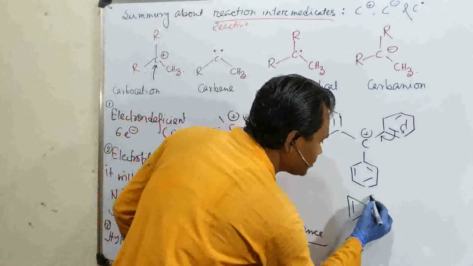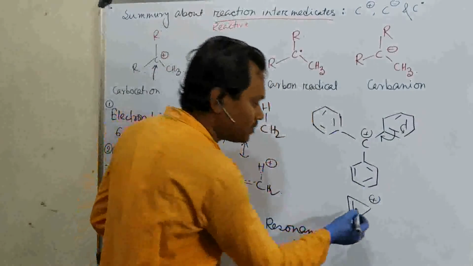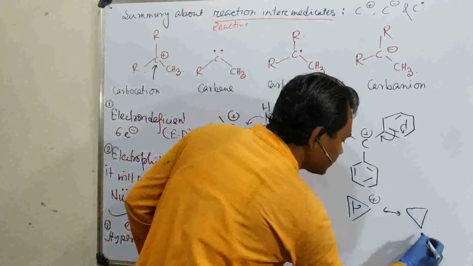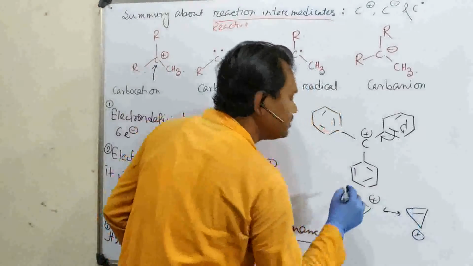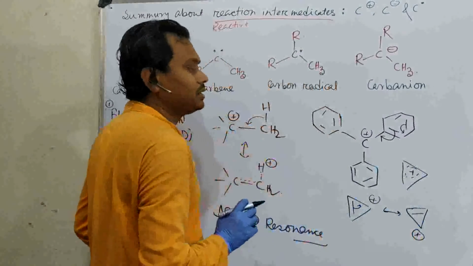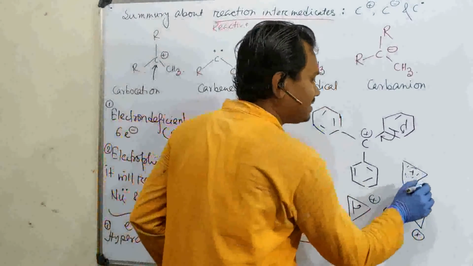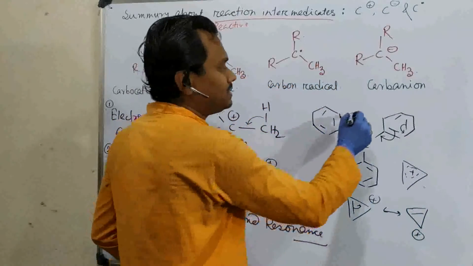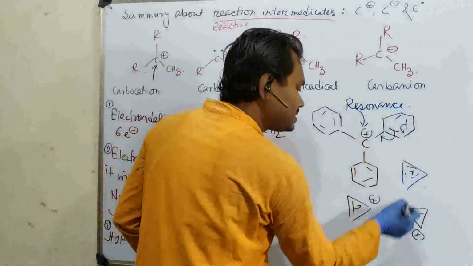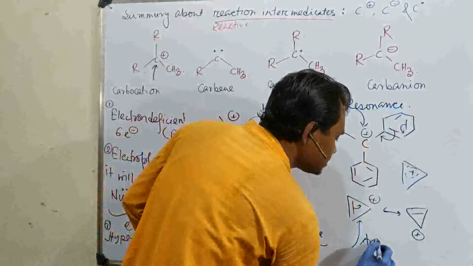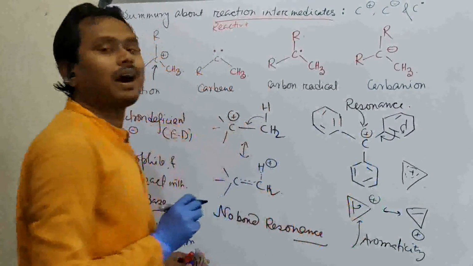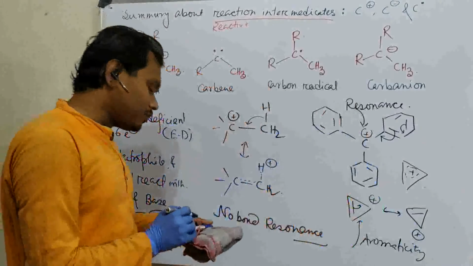Like if you take cyclopropenyl cation, this is stable. How? Because it can come here and it will have another canonical form, means this. So on average we can say that this plus charge is delocalized over 3 carbons. That's why this cyclopropenyl cation is stabilized, but there is a difference. This is stabilized by simple resonance, but this is stabilized by aromaticity, which is a kind of resonance, but the extent of stabilization is higher.